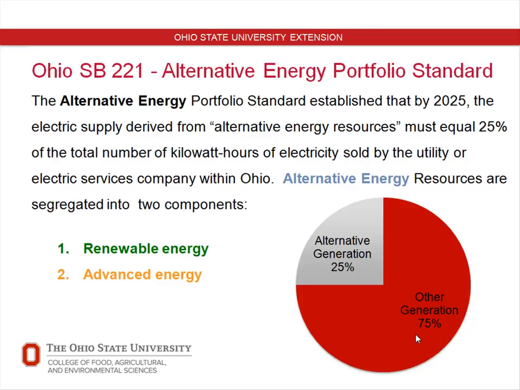That 25% alternative energy is defined in the Ohio Revised Code to include both advanced energy sources and renewable energy sources. Advanced energy sources could be clean coal technologies, third-generation nuclears, those types of development. Renewables, what we're talking about here today, your wind, solar, bioenergy, fuel cell. So at minimum, 12.5% of that 25 needs to come from renewable sources, okay?